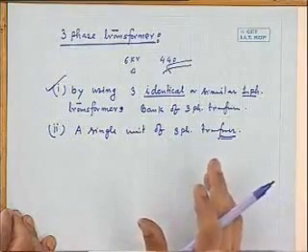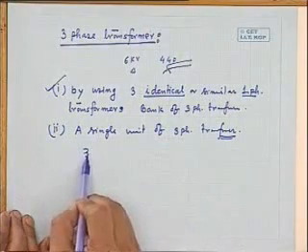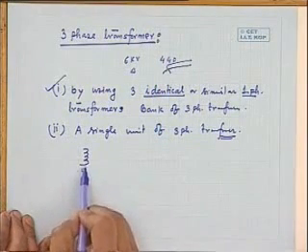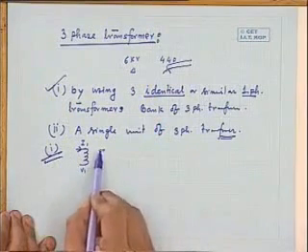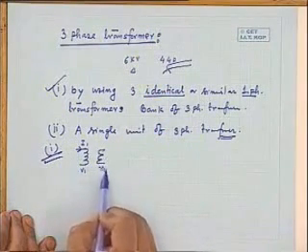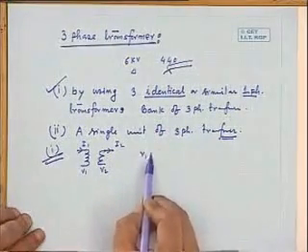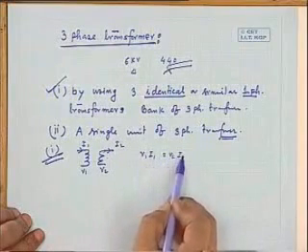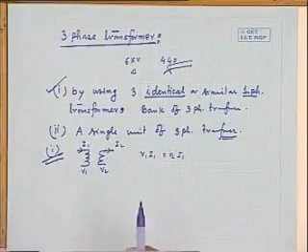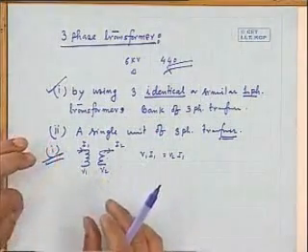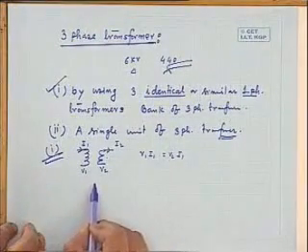Now, to tell you the principle, first I will take up this one. Suppose three single-phase transformers are available to me of the same ratings, and suppose the rating of the transformer is, primary side rating V1, I1, this is case 1, and secondary rating V2, I2, such that obviously V1 I1 is equal to V2 I2. I1 is the rated current of the primary winding and I2 is the rated current of the secondary winding. Now, three such transformers you take.